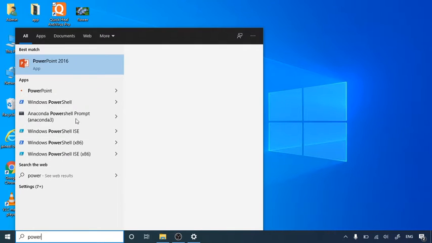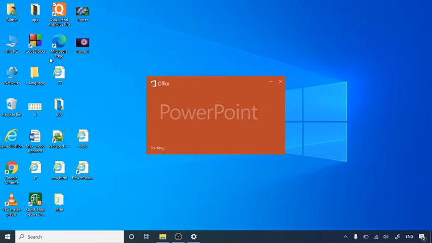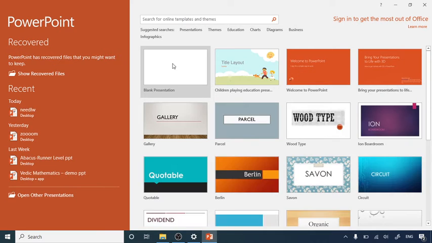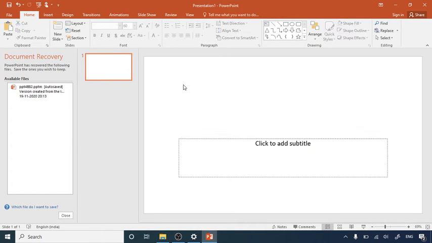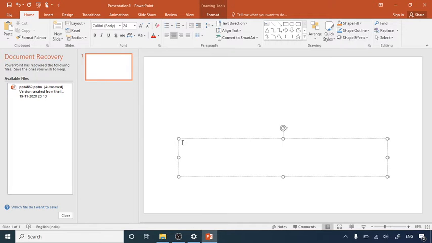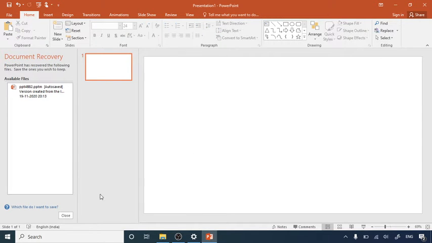Today we will see how to make a clock needle effect in PowerPoint. The clock needle effect is very important when you are bulleting or highlighting any points. For that, let's start with a blank presentation like this.